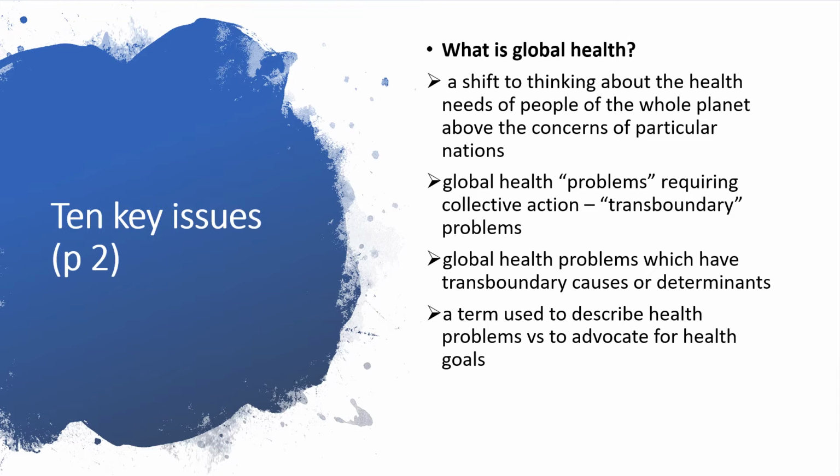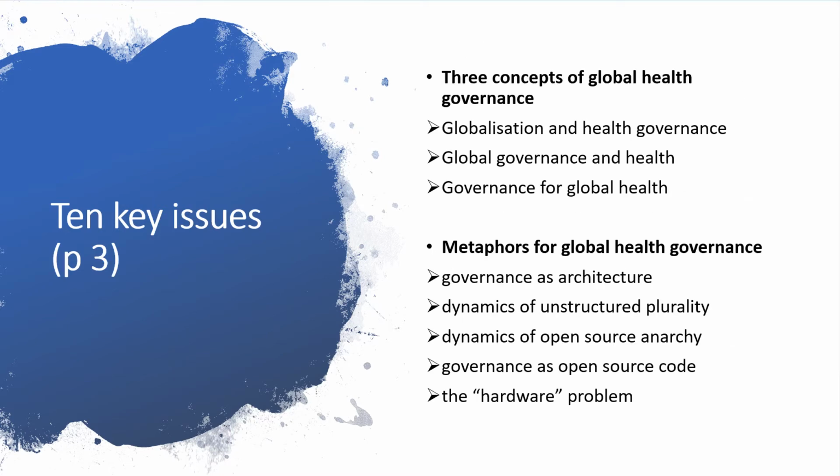For instance, guinea worm would not necessarily be considered a global health problem because it is caused by a vector that's only found in a very few places. Whereas HIV or COVID-19, the current coronavirus, which is spread from people to people who can be everywhere or anywhere, would be more considered global health problems. But in both these cases, for global governance and for global health, the point is raised that the definitions are quite subjective and there are very different definitions of these terms, which makes understanding them and analyzing them even more challenging.